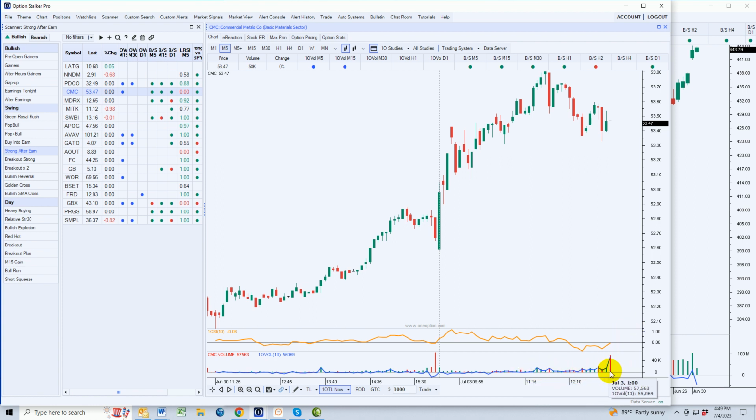And we'd like to see some decent volume. This is the 1 vol indicator. The blue line is above zero, which tells us that the volume is greater than average. So if we have all of those characteristics come tomorrow, with the market opening flat to slightly higher, and I think the indication right now is for a pretty flat open, and the stock is showing some strength relative to the market,